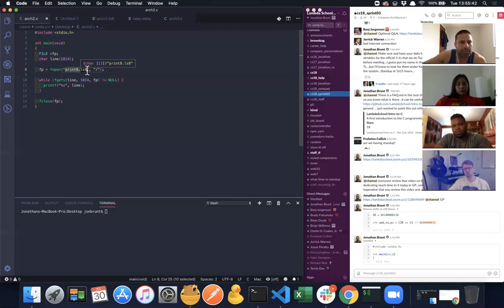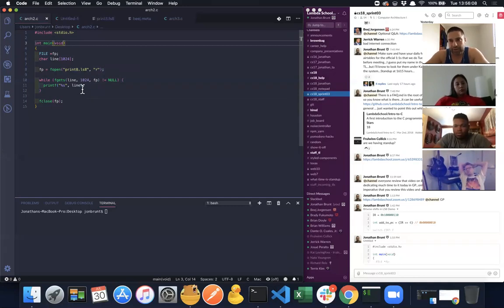The next problem that we have here is I'm still hard coding right here where I want to read from. Ideally, we'd like to be able to do this in the command line, right? So some changes that we need to make if we want to do that. First of all, if we're going to accept command line arguments, I'm going to spend a little bit of time talking about this because I want it to be real clear,